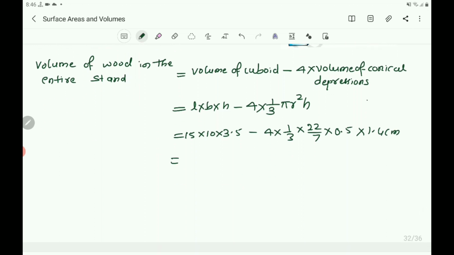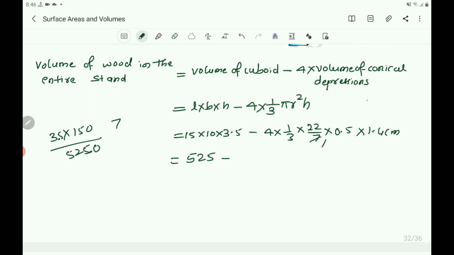Then here 15 into 10 is 150, 150 into 3.5, or you take 35 into 150, then 5 fives are 25, 3 fives are 15, 15 plus 2, 17... that becomes 5250. Then it is 3.5, so you write 525. Then you write 525 minus